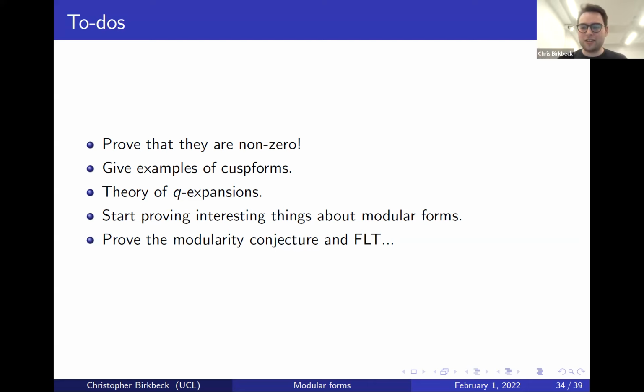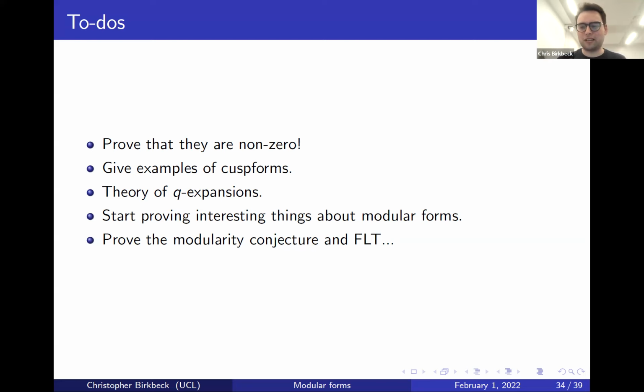Anyway, but yeah, so I could define a function which I would then have to check is a cusp form, so I need to check it at 0 to infinity. And the best way of doing this is working with q-expansions and stuff. And we still don't have that. We need a good theory of q-expansions to actually start understanding these